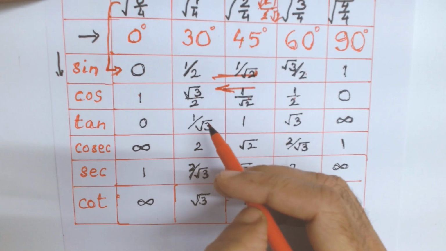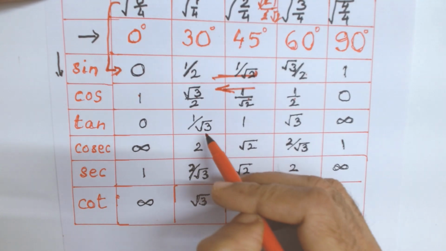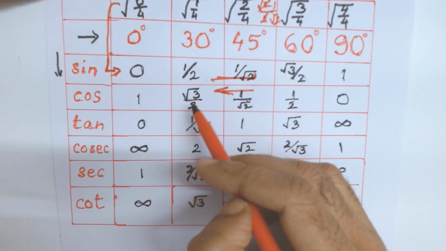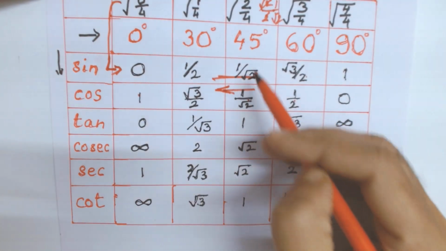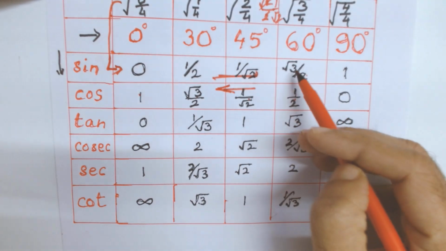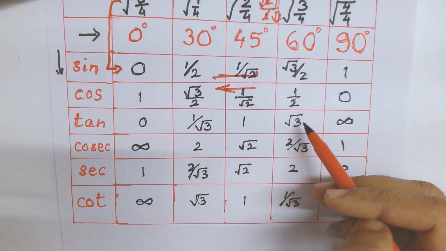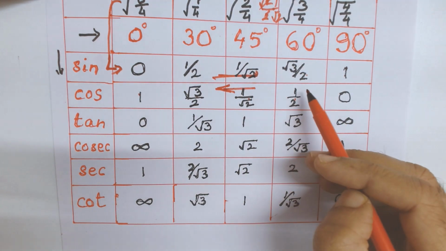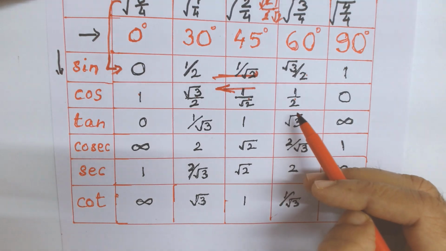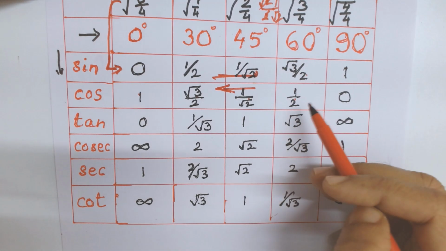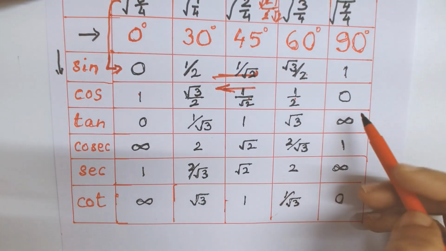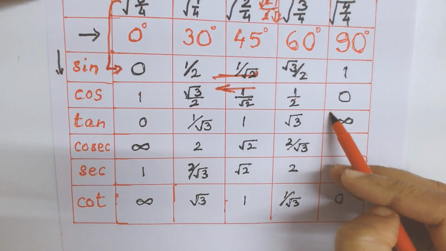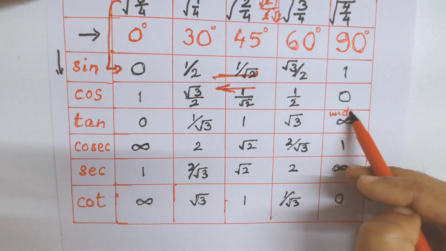This actually should be 1 by root 3, correct. So 1 by 2 divided by root 3 by 2. 2 and 2 get cancelled, so 1 by root 3. Here you have 1. Here you have root 2. Root 2 by 2, and you have 1 by 2 here. So same denominator, so root 2 by 1, which is root 2. And 1 by 0 is undefined. So this is undefined,